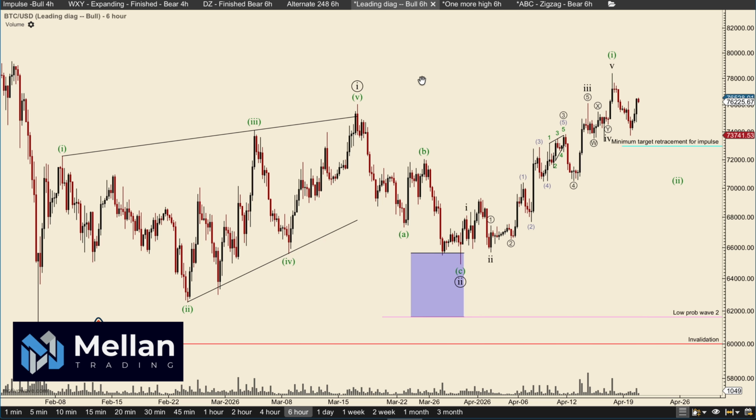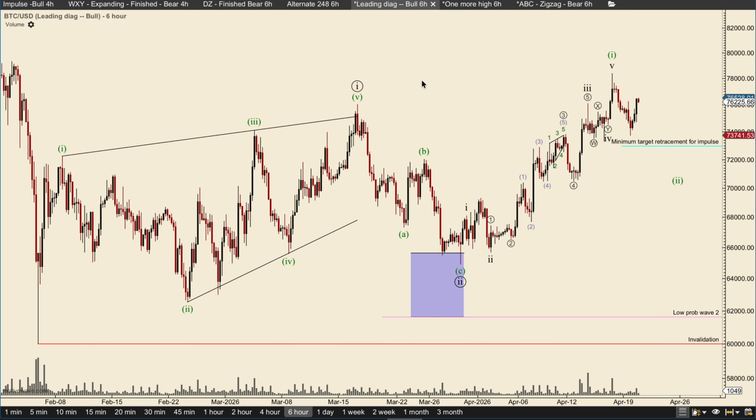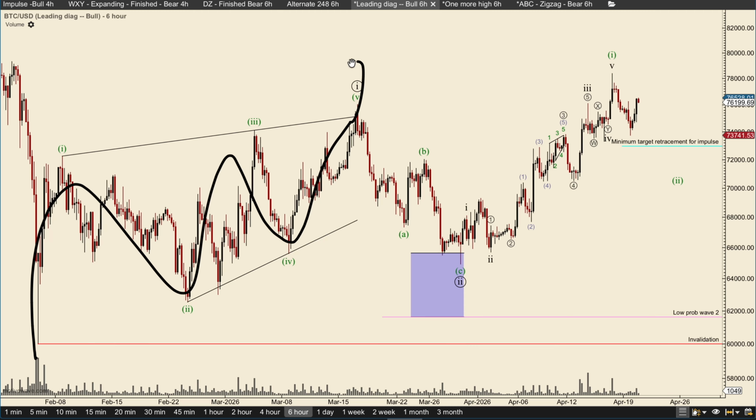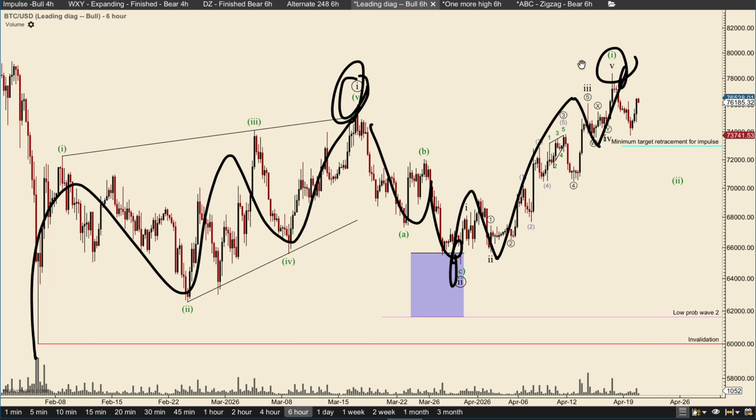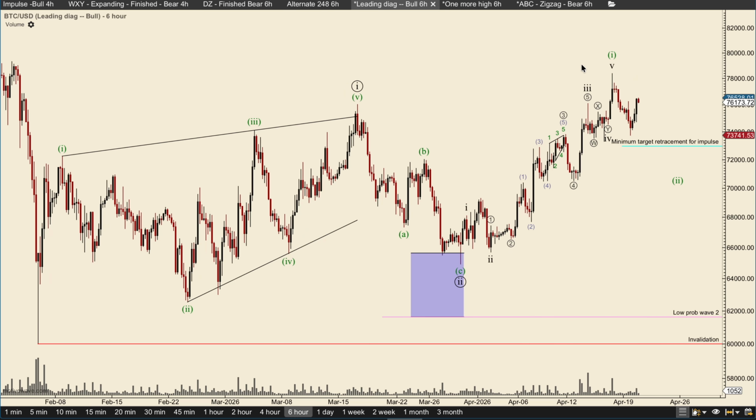Hello, so Bitcoin has moved up and I am currently tracking two different scenarios. The first bullish scenario is counting this as a 1, 2, 3, 4, 5, a leading diagonal contracting in a wave 1, ABC 2, and then 1, 2, 3, 4, 5 in a lower degree wave 1. Now we're looking for a retracement for wave 2, and then we move up 3, 4, 5, 4, 5, looking